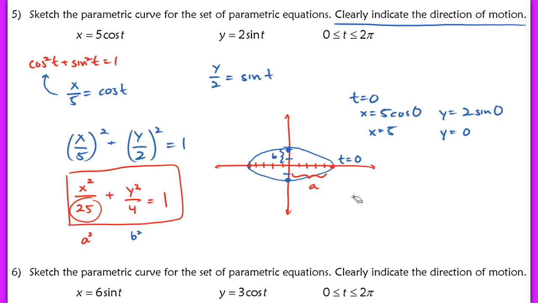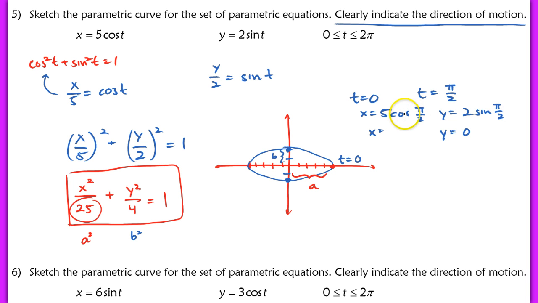Now, I want to know, as time increases, what the direction of motion is. So I'm going to let time equal pi over 2. Okay, so I'm just going to go to another increment. I can make that pi over 6. I can make it anything I want, but I'm going to do pi over 2 because those values are usually pretty easy. So now if I evaluate the cosine of pi over 2 and the sine of pi over 2,